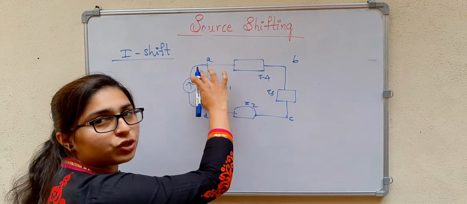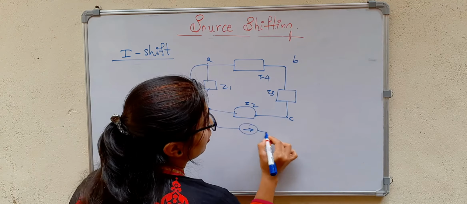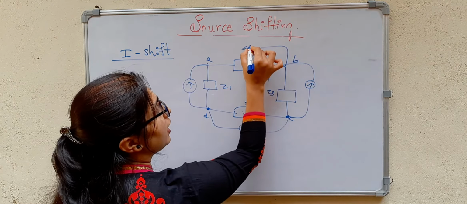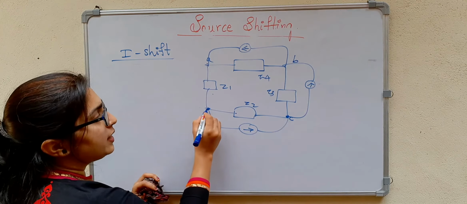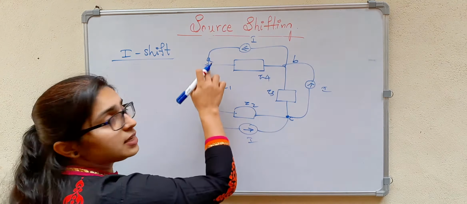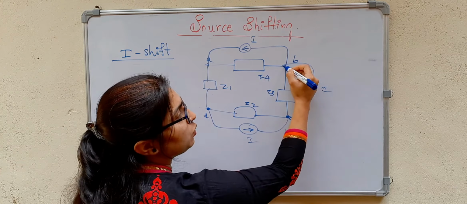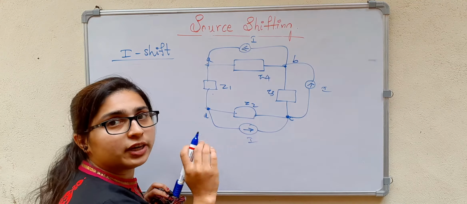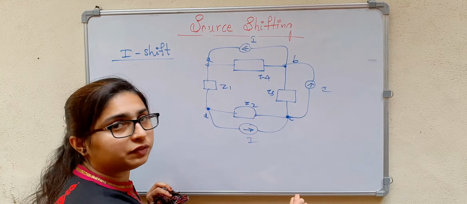So what I can do, I can shift this current source through these nodes, right? I can shift this current source like this. Then I can have a current source like this. And from here I can have a current source like this. And I can remove this now. It is the same, right? It is leaving D and it is entering A. Okay, it is similar. So from D to C, then from C to B, and then from C to A. If I apply KCL at any node, it should be the same. That is, the effect should be the same before shifting and after shifting.